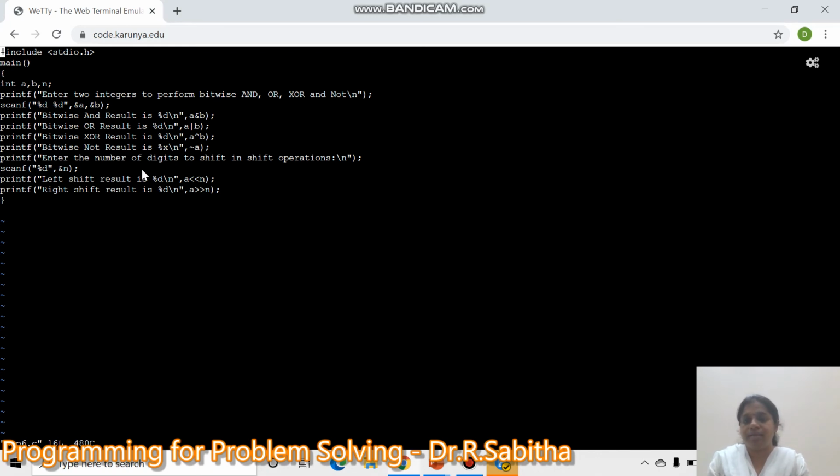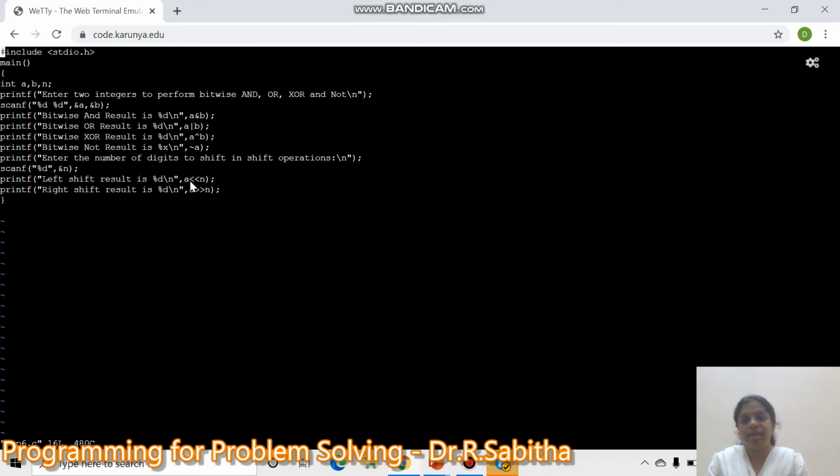Then the shifting operation involves one more new value, n. You have to give how many times you have to shift, and that is given in the variable n. Based on that you will either left shift or right shift.